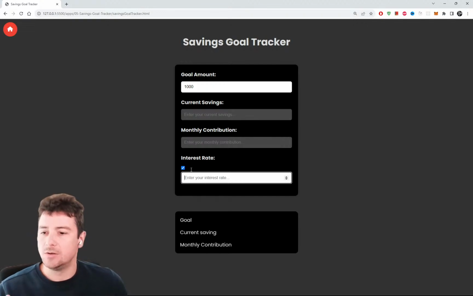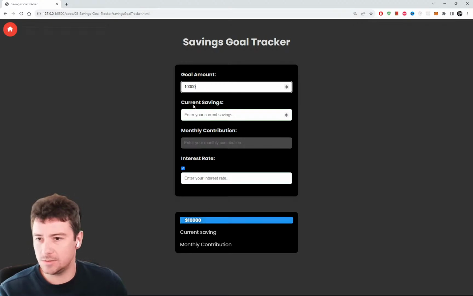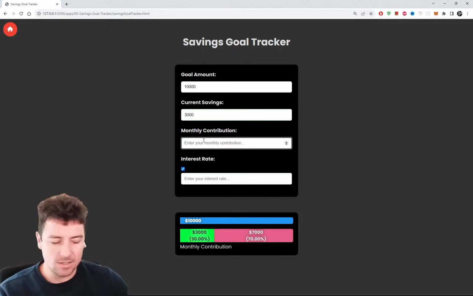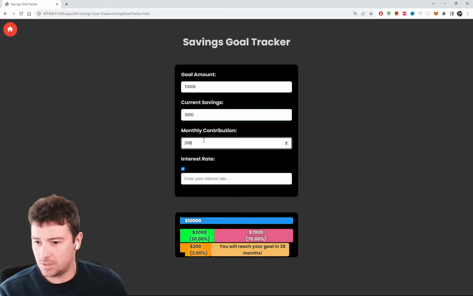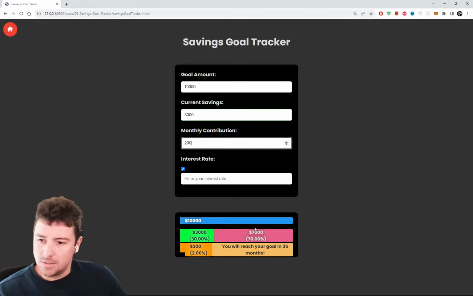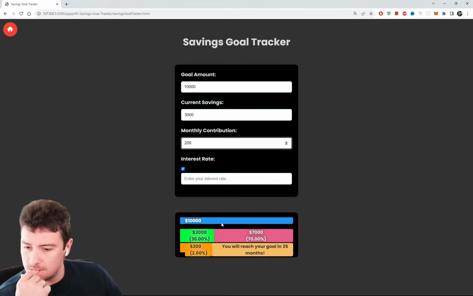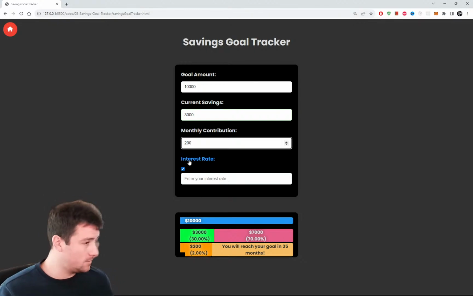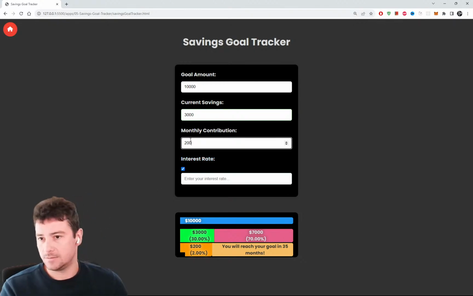So the interest rate, in order to calculate this differently, because if I would just change this to 1000 and then this to 3000, because this is 10,000, and then I'm going to change it to 200, and there we go. So let's change here a couple of things. Okay, let's add here